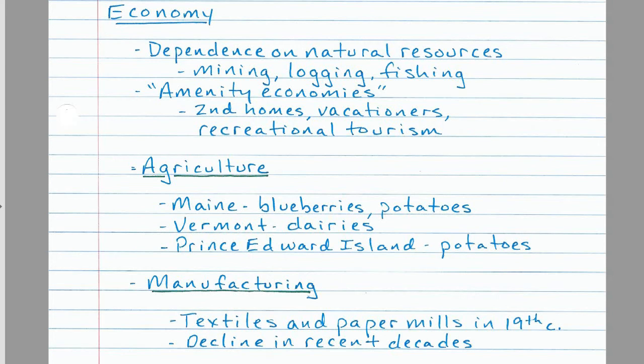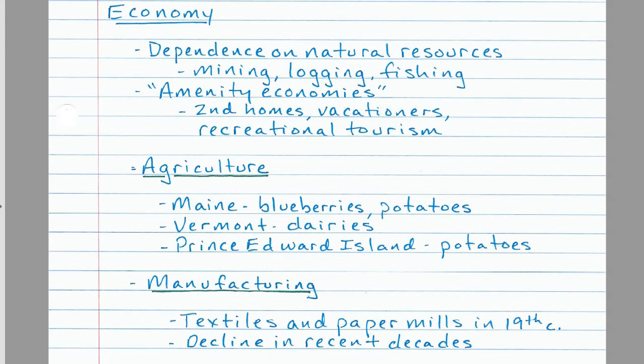The fishing industry has essentially fished itself out and can't compete globally. Many of the forests have been logged out or they've been now protected. The mines have essentially extracted the easiest to get to kinds of resources,